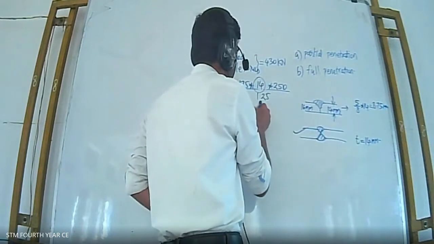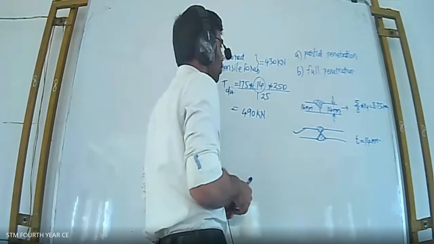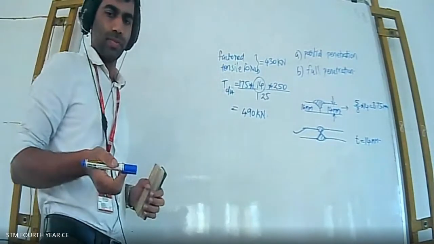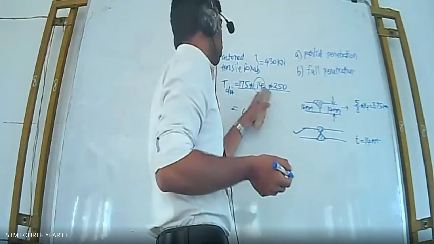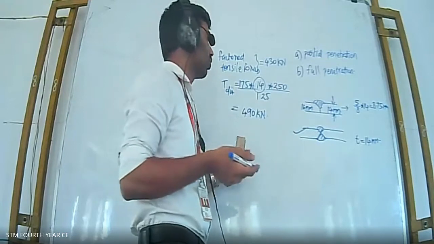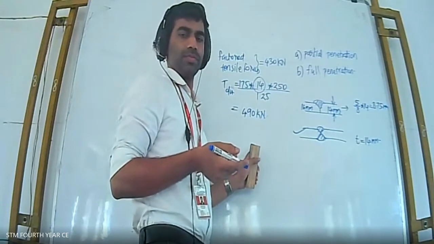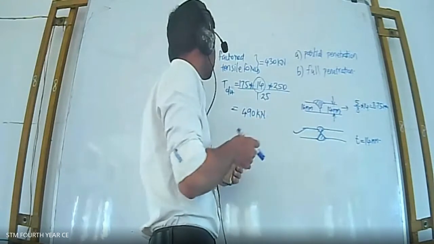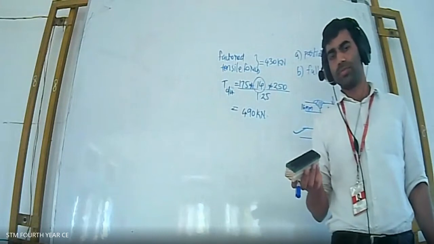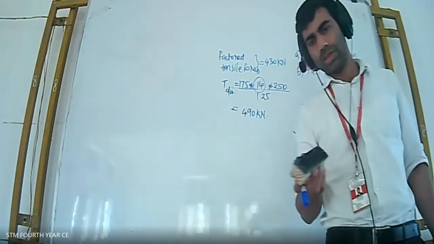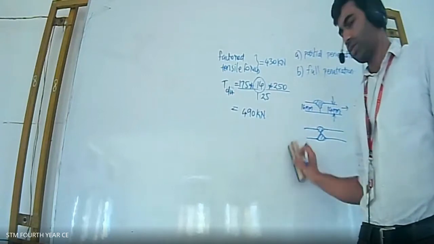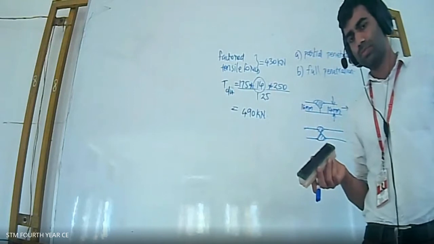I hope you are getting this value. Anyone? At least you have to comment whether you are getting the value or not. Typing and pressing equal to is not a big task for anyone. If you are not capable of doing that, then it will be very difficult for you to understand the concept. At least you have to do the calculation, that will not be a big deal. Anyone?